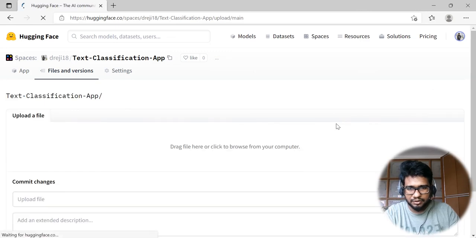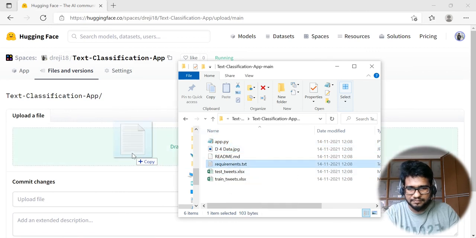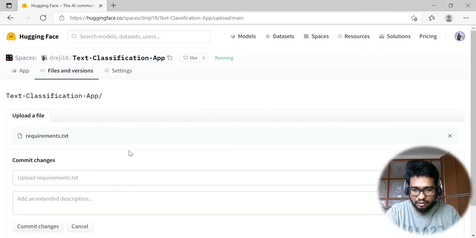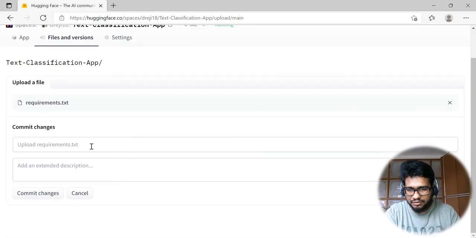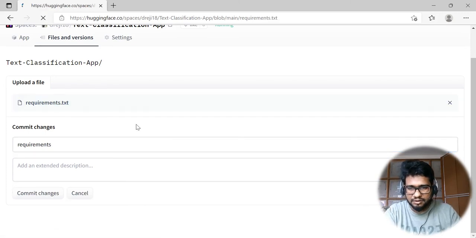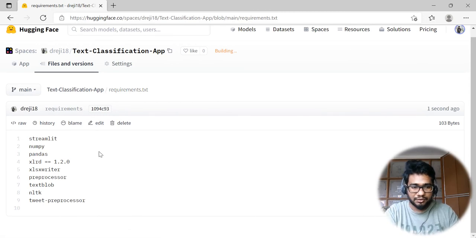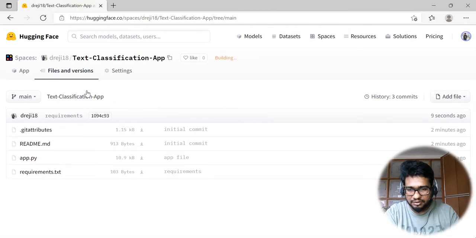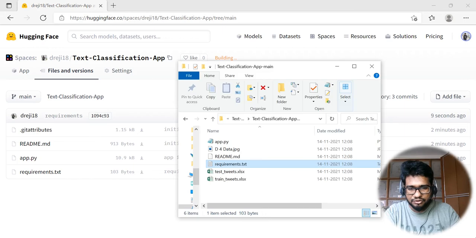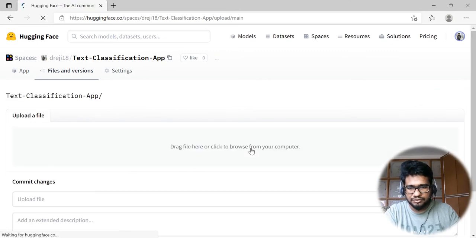The next one is we need to upload our requirements.txt. Make sure all the packages you have written are there in the requirements.txt file. We have provisions to edit here also, just like in GitHub. So not a problem if you make any mistake or need to edit it again. Make sure you copy all the dependencies. I have a dependency of one image file also, so let me copy that file here.